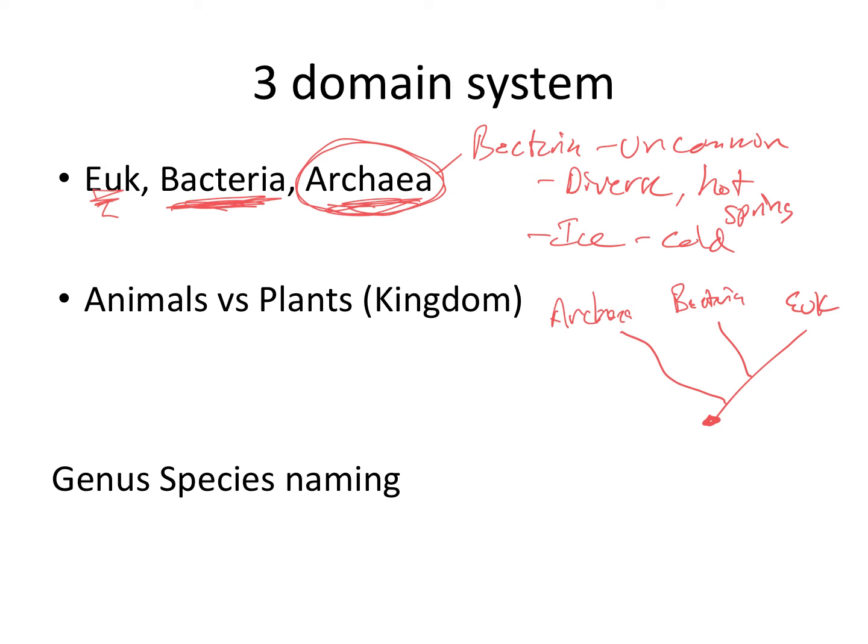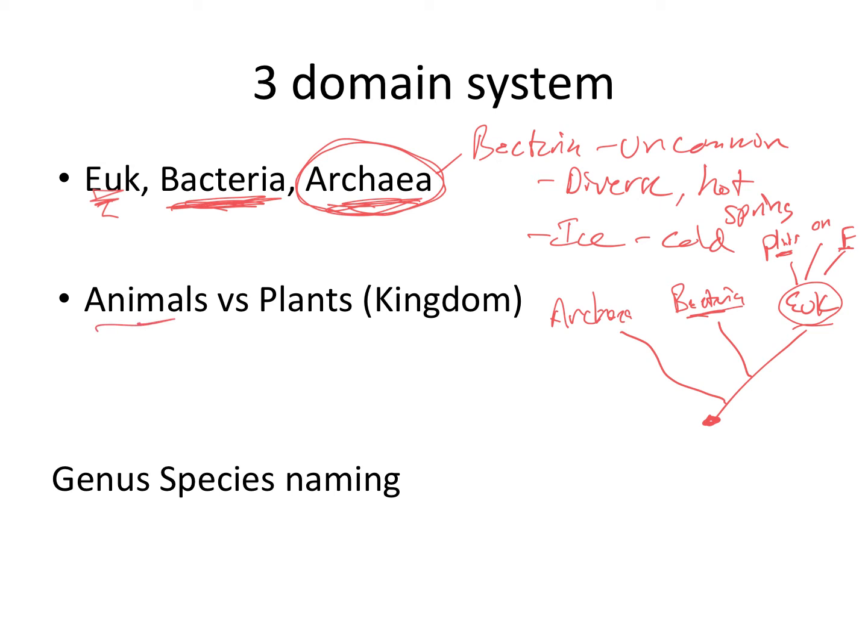So if we were to draw the tree of the eukaryotics, we would have, coming off of here, things like plants, animals, and then fungus, all within this section of the tree. And so this just kind of shows that we are closer to a fungus and plants than we are to bacteria. Really, the only thing we have in common with bacteria is that we both have DNA and ribosomes.